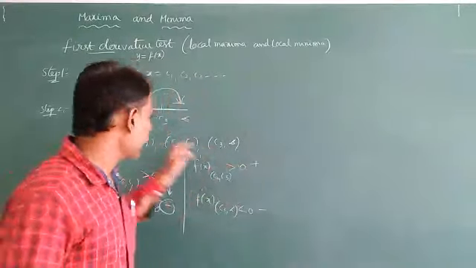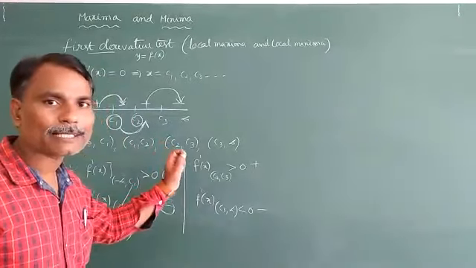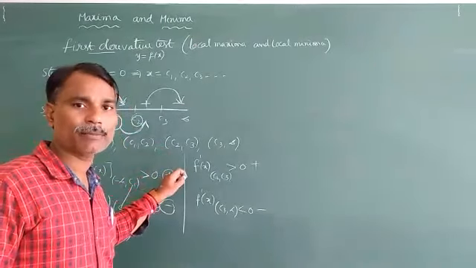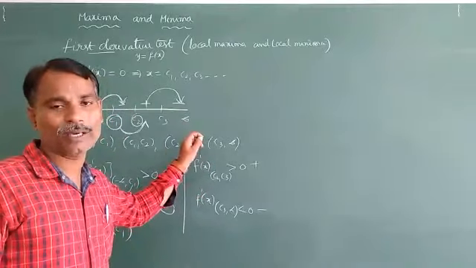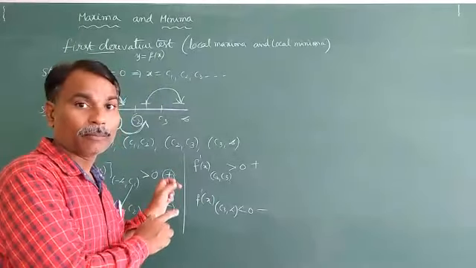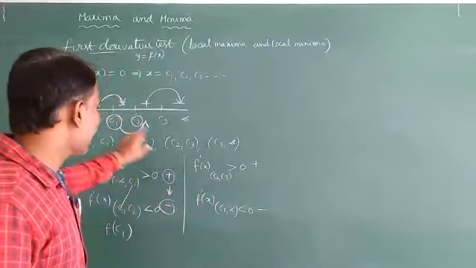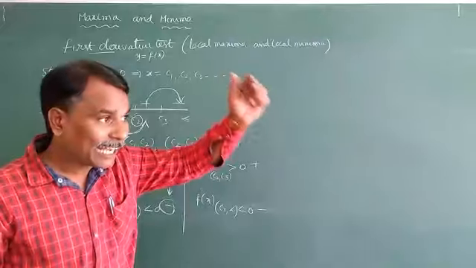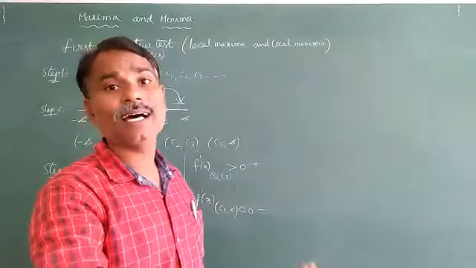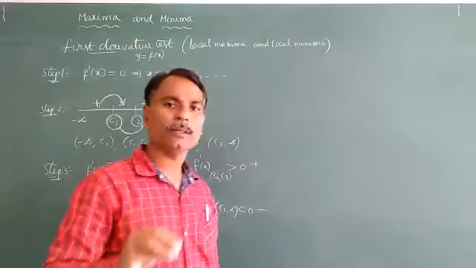Are you clear, Nana? Actually you are calculating like this, guys. If you are asked for local maximum and local minimum, where the plus sign changes into minus, that is the local maxima, and where the minus value goes to positive, that is the local minima. But if you are asked about the absolute maximum and absolute minimum, then after calculating the values over the intervals, the highest value is the absolute maximum and the smallest value is the absolute minimum.